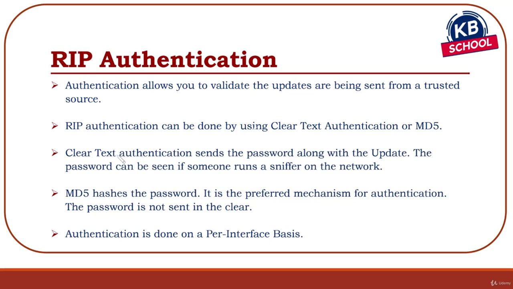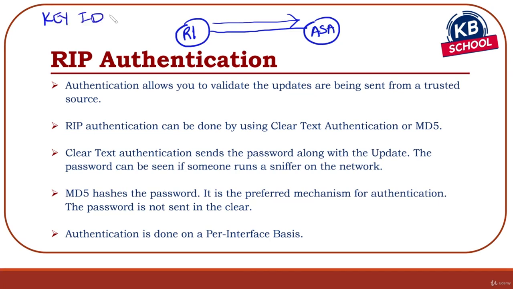Authentication, first of all, what is it used for? Authentication between two routers running a routing protocol is to validate that I'm talking to a trusted source. So for example, if I have router 1 over here and I have the ASA firewall over here, when router 1 sends me the updates, I want to make sure it's coming from a trusted source. I can authenticate it. The authentication requires a key,